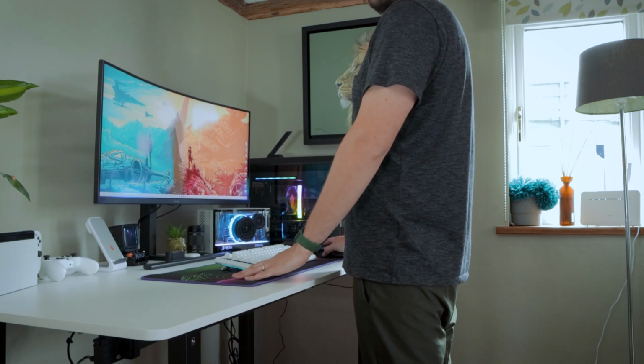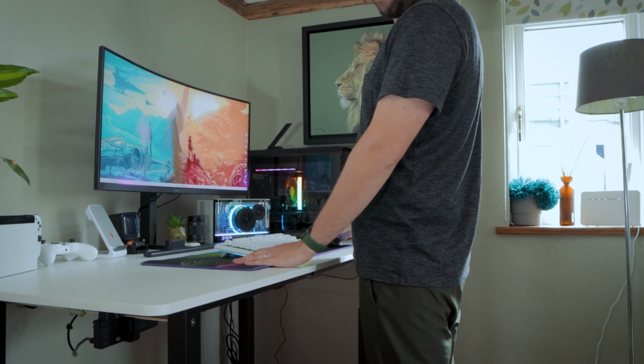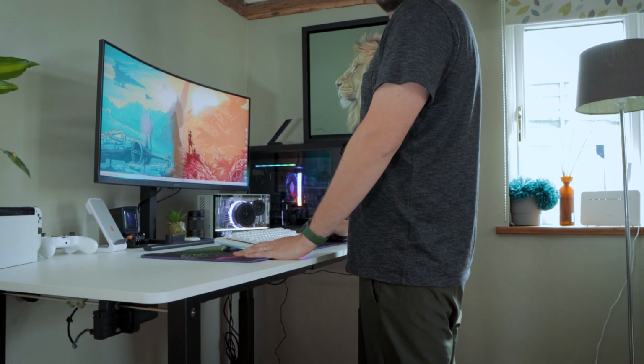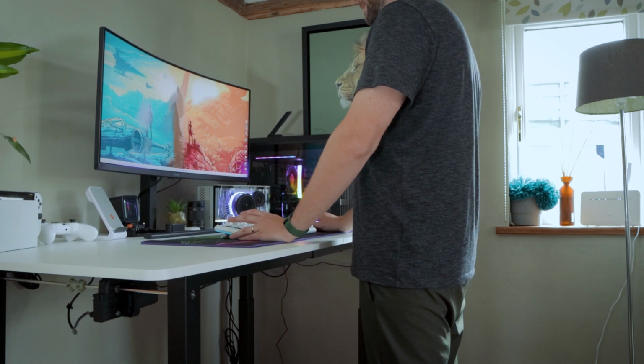Weight load on their website is stated at 150 kilograms, so if the total weight of your PC, monitor, whatever else you've got on your desk goes up to 150 kilograms, which is quite a lot, the frame will still function. Before I set it up, delivery wise, it was efficient, yes, but it came flat packed in two packages,